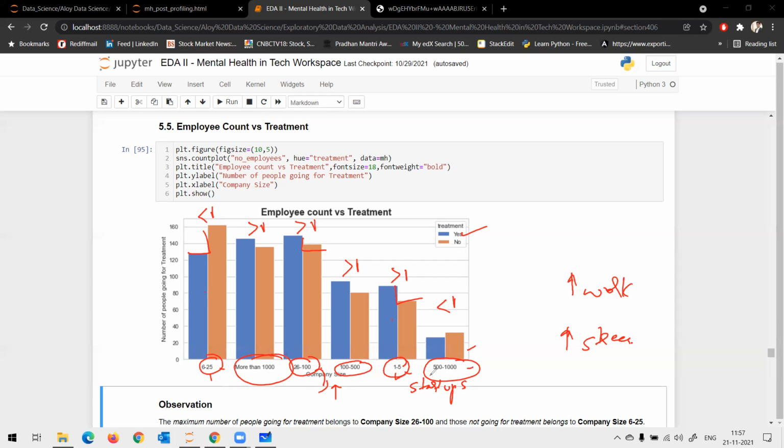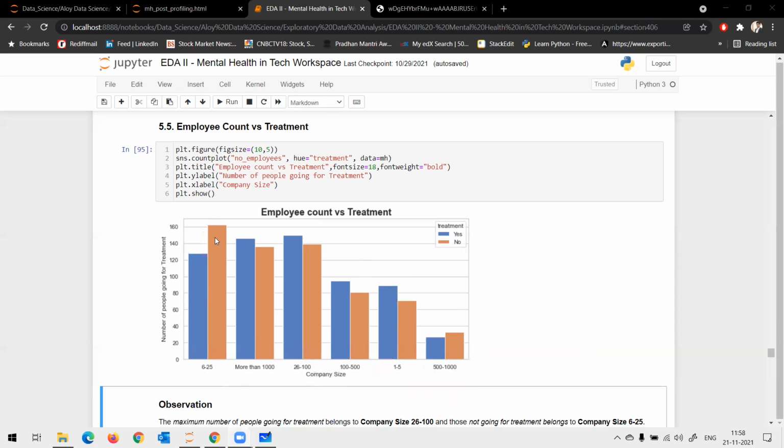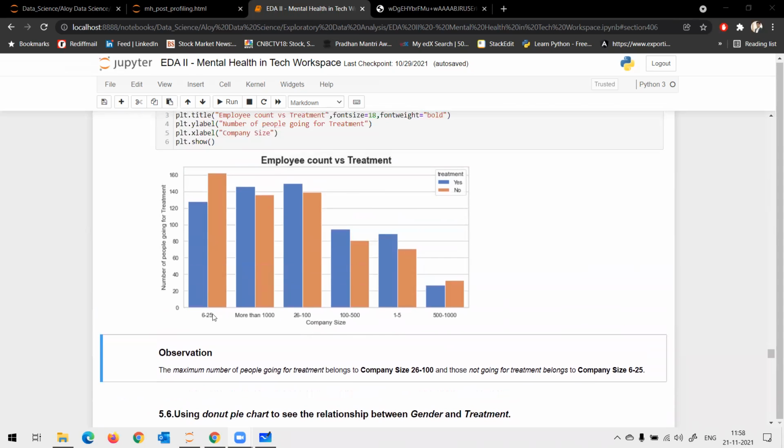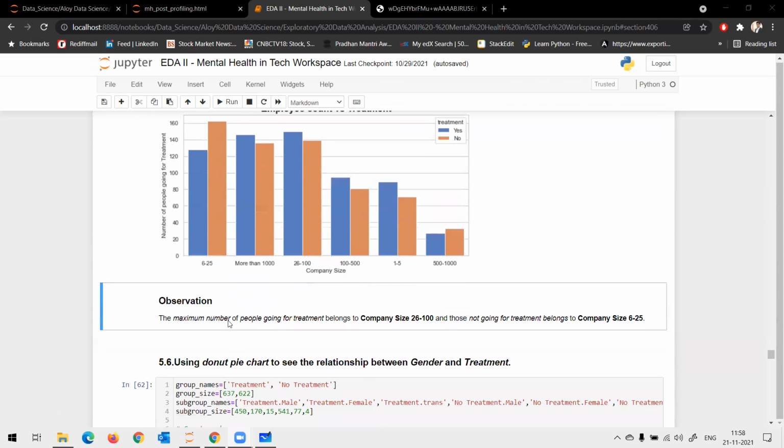Once the number of employees goes above 1000, this is where all your politics and corporate bureaucracy will lead to more mental stress. Are you with me? Now, if you want to find an ideal company to balance your stress life and work life, here is your answer. But once again, you do not have to lean too much on this. This is just an observation from the data we have in hand.